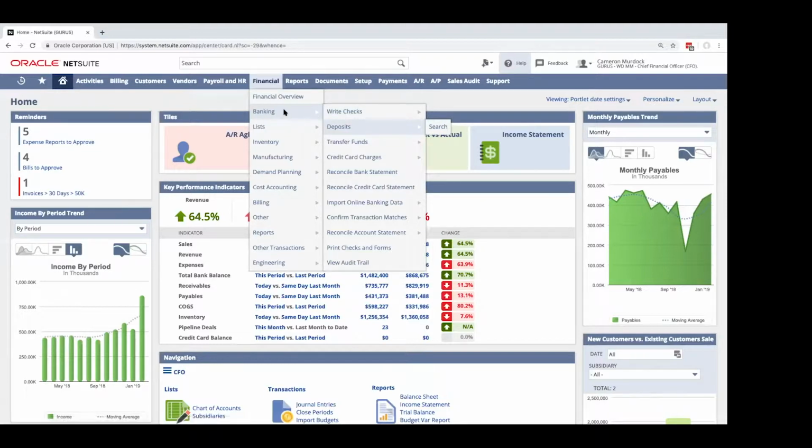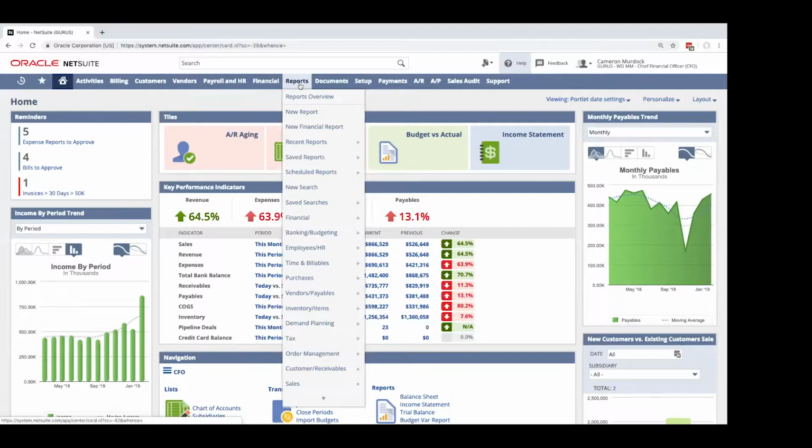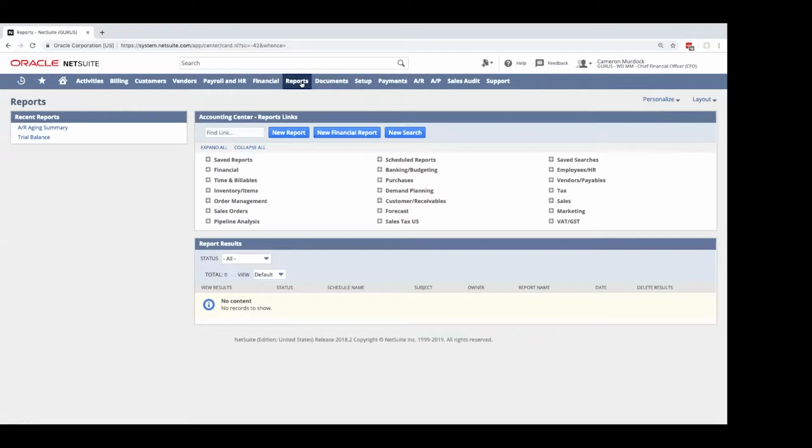A good example of how a center is used is actually not only by listing these categories and links, but also when we click on this center, it'll show us these links in a dashboard view. For instance, the report center, it's going to show me those same categories, but listed in a portlet here, categorizing each of the saved reports, searches, and just other categorized reports that we might have in the instance.